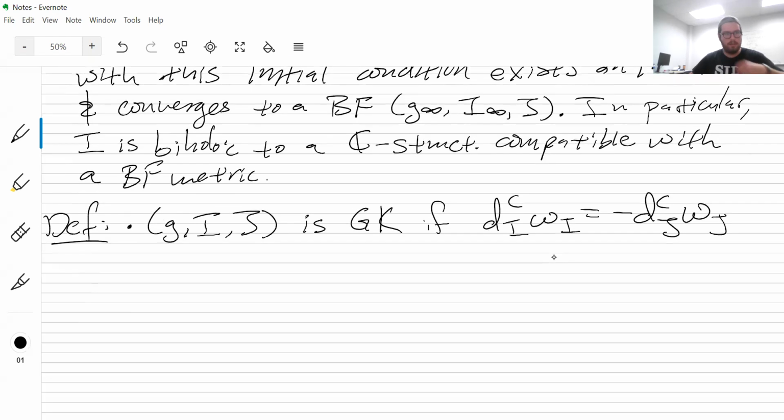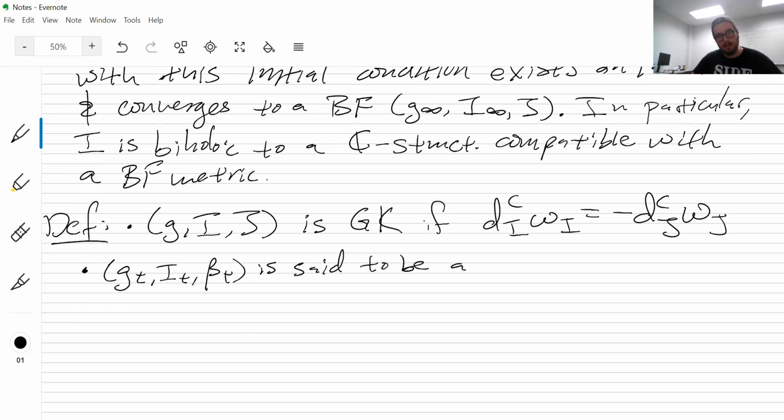And we've also got generalized Kähler Ricci flow. So (g_t, I_t, β_t) is said to be a solution to generalized Kähler Ricci flow